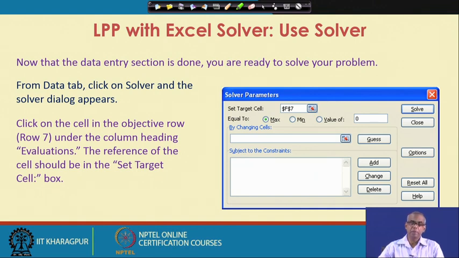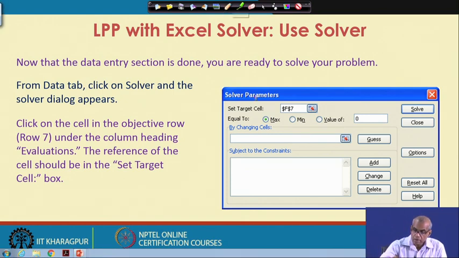You have to set solver parameters here. Click on the cell in the objective row, row 7 under the column heading evaluations. This reference of the cell should be in the set target cell. So, the first thing that you have to do is set the target cell. For setting the target cell, you have to click on the cell in the objective row, row 7 under the column heading evaluations.